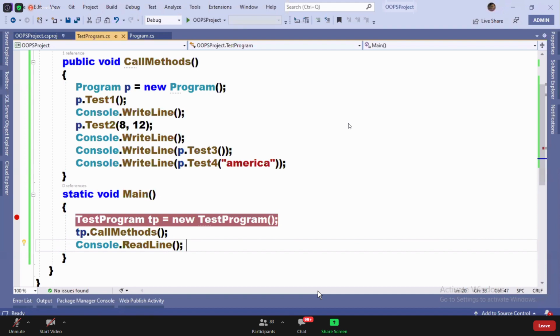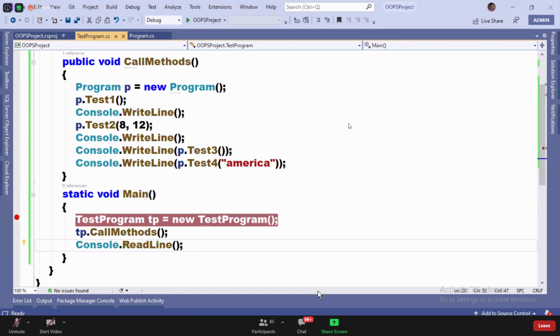Once the breakpoint is created, the execution will stop on that particular line.